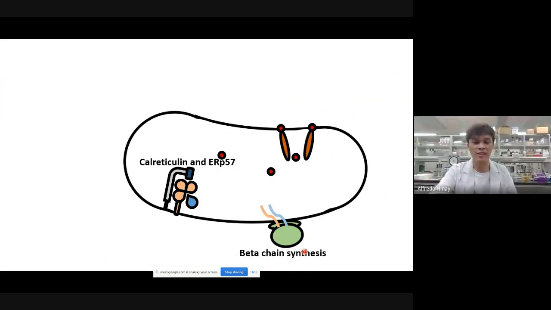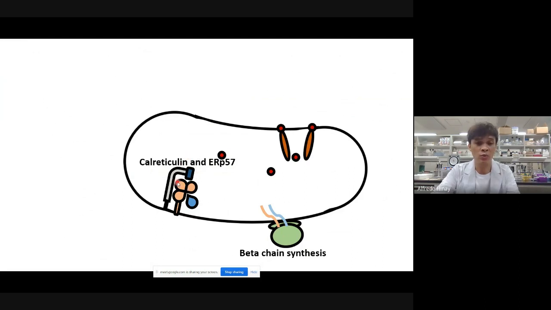Tapos with your beta chain, ayan, papasok na siya here to stabilize, that's one. Tapos may additional na naman na mga molecules, calreticulin at saka ERP57. The main function of these two is, of course, to still support the alpha chain, and second, to cover the